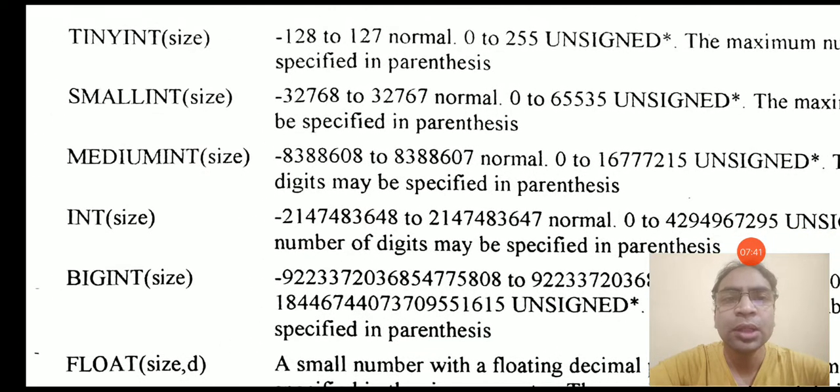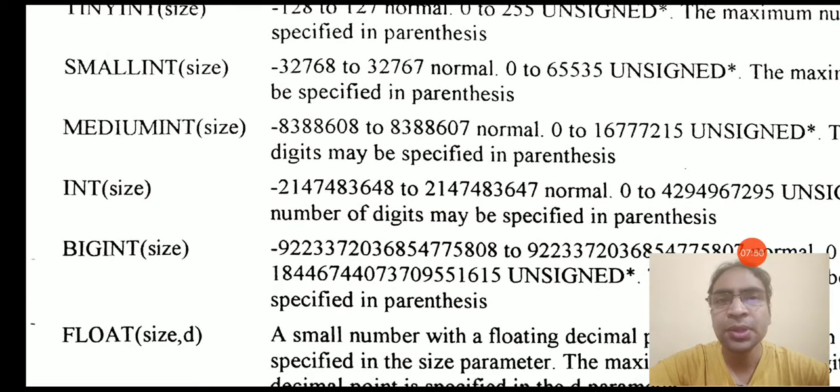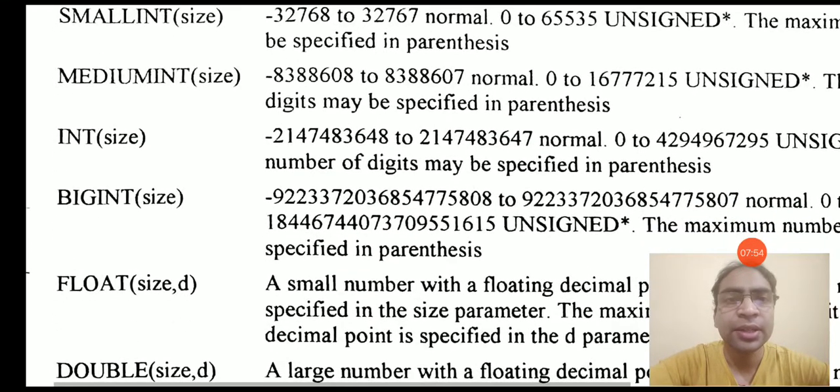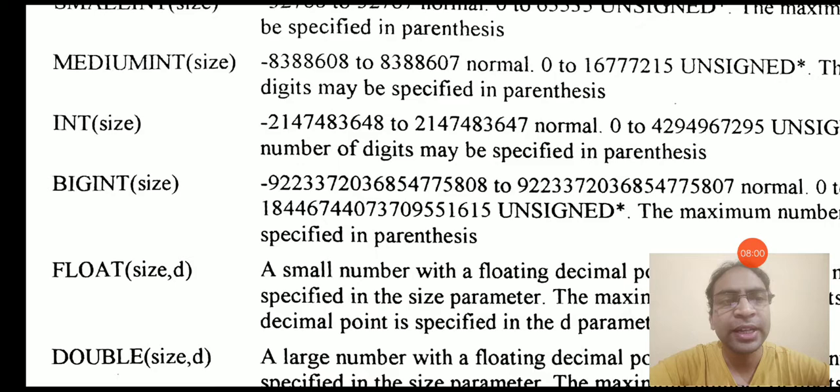And then we have the int itself. So we have lots of options. The more options we have in the data type, the better the database management. Then we have this big int, you can see the range of this big int, it's very large. If you want to store mobile numbers, then big int is advisable, because in most cases it does not fit into the int.